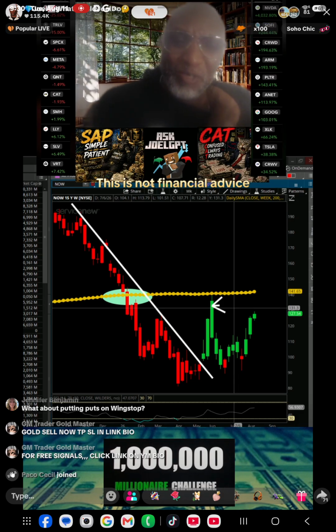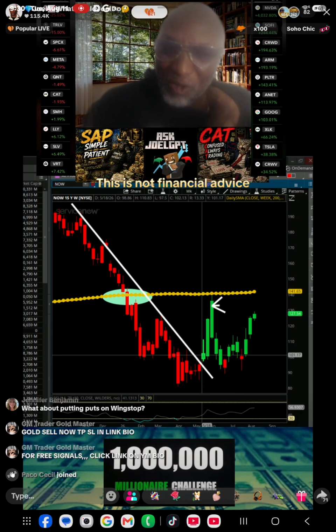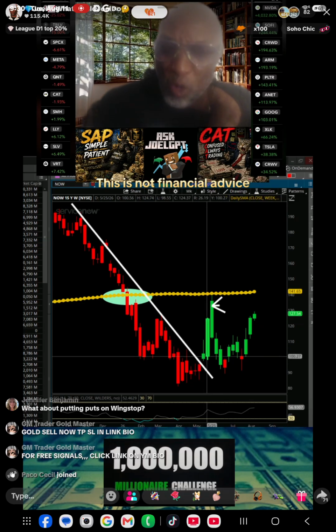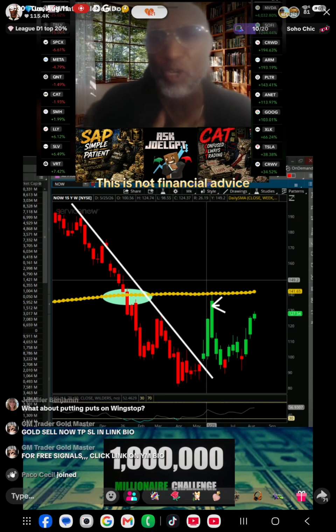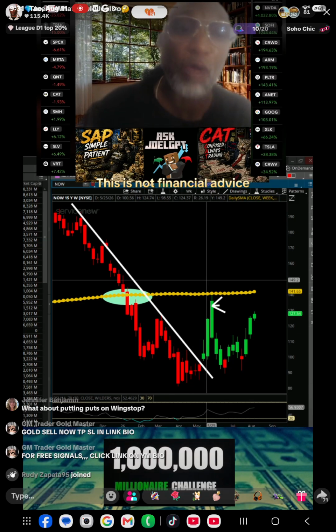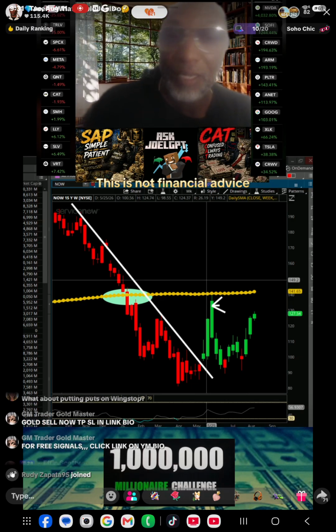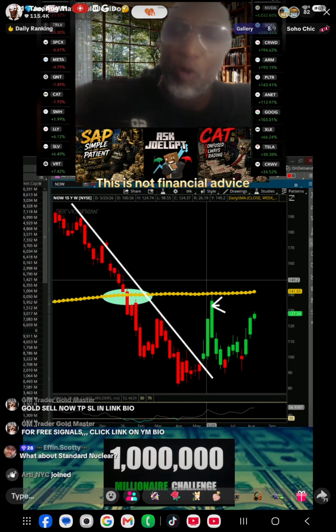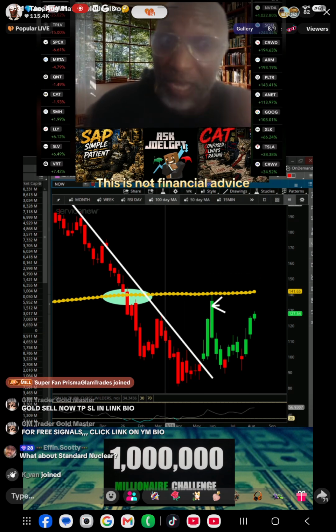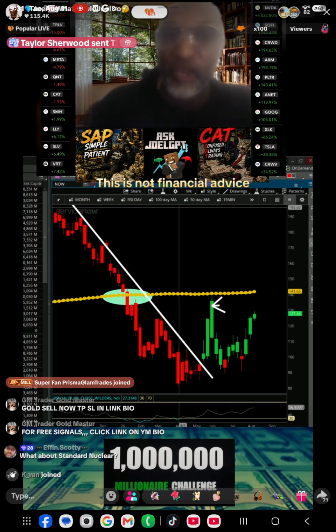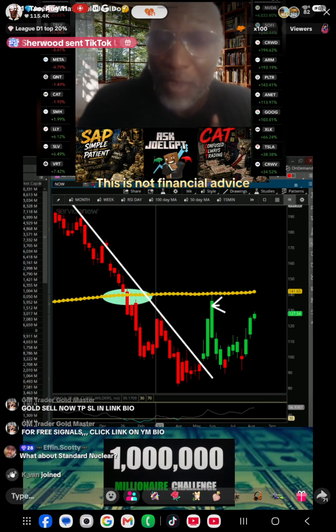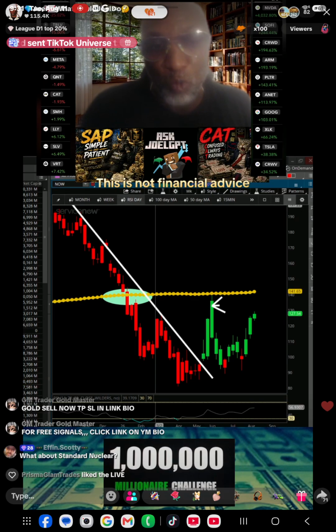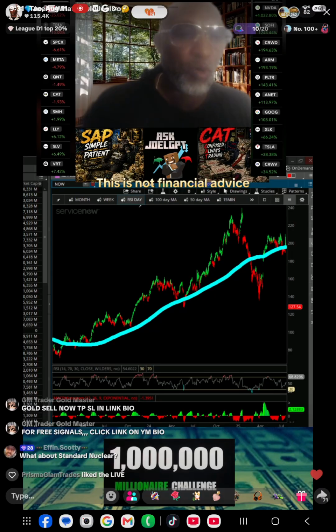All right, so sometimes you might want to be in a little early on that 1 candle. That was 1 week of buying. So what I usually do when I want to buy something, guys, and I really don't want to be late, let's say I see something like this on this chart, I will flip to the day chart and look for 3 candles. So what I would have done for this, if you guys wanted to know when I would have gotten in, I would have switched this over to a day chart.